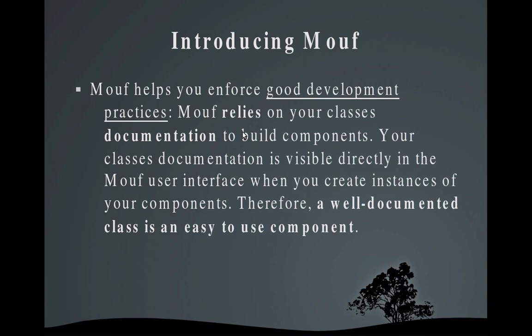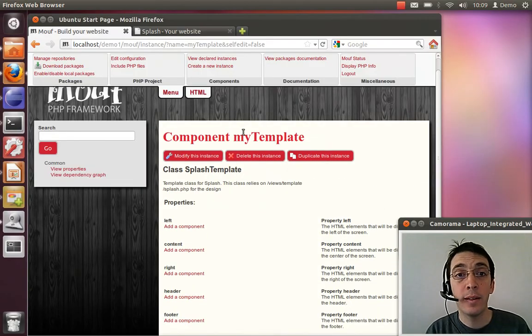Mouf relies on your class's documentation to build components, and it shows you the documentation. So really, it helps you build better code, and if you document your classes well, you don't have to make a separate documentation. You can, of course, but really, auto documentation is really important, and Mouf helps you do that. So let's go back to our